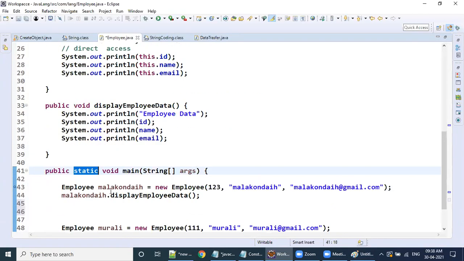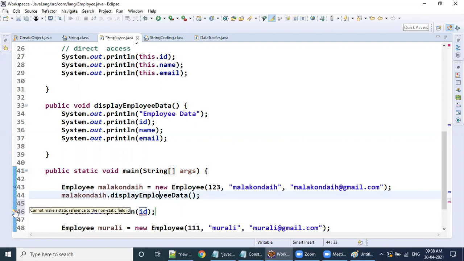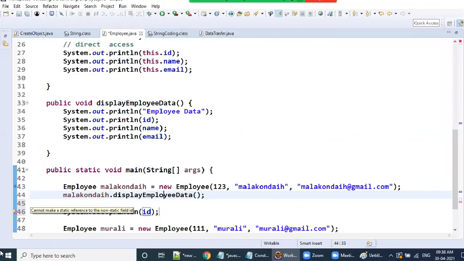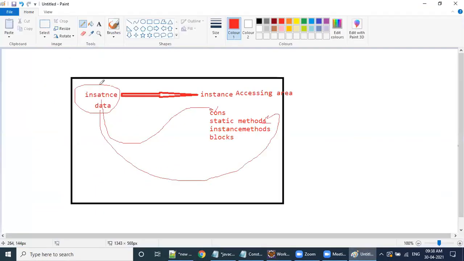I'm trying to access this data, System.out.println of id. Can you read this one? Cannot make a static reference to the non-static field id. Meaning instance data cannot be accessed in a static method directly.